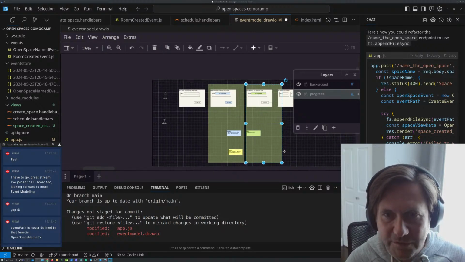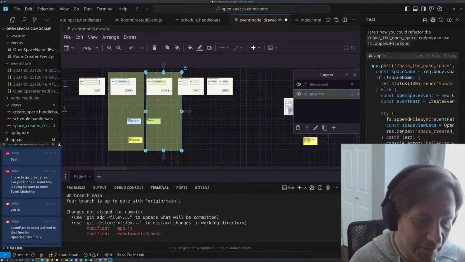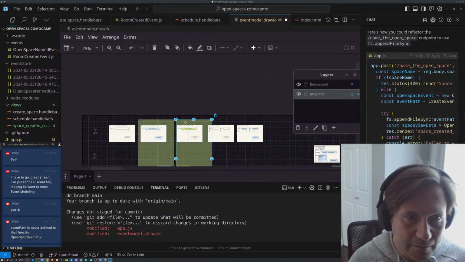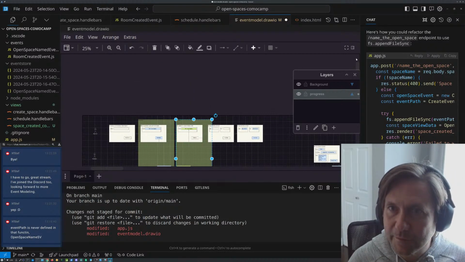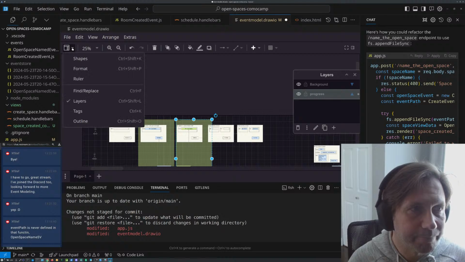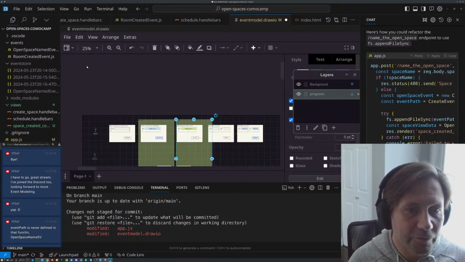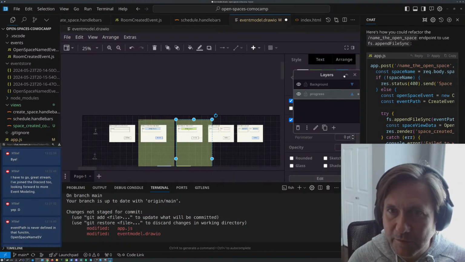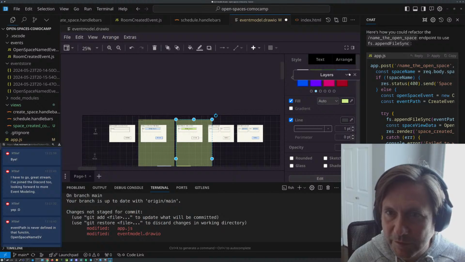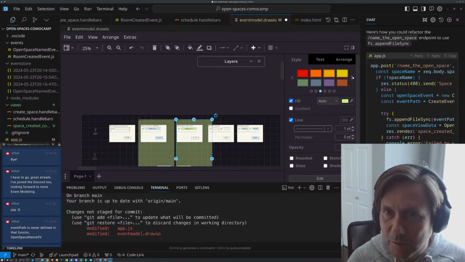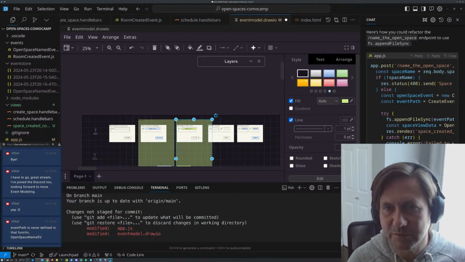Move this and format. We want this, get out of here, layers. Where are our nice backgrounds? Which ones did we use?